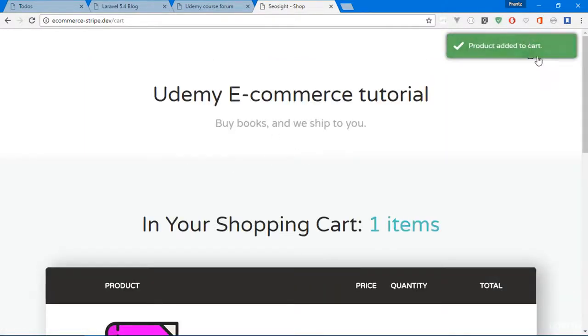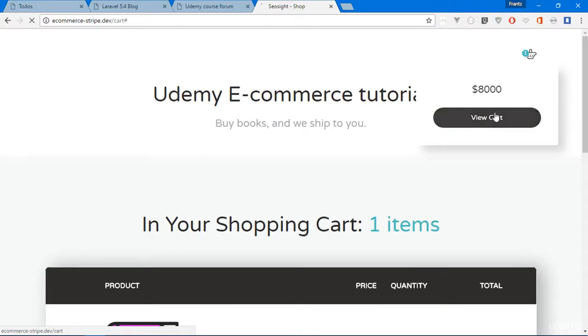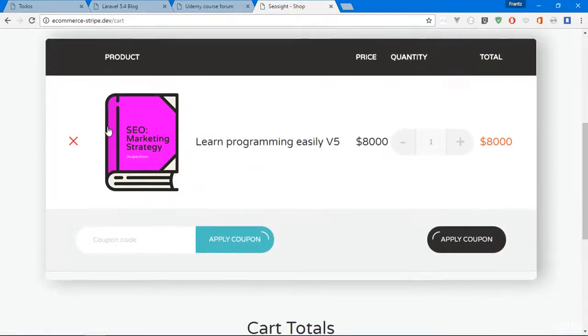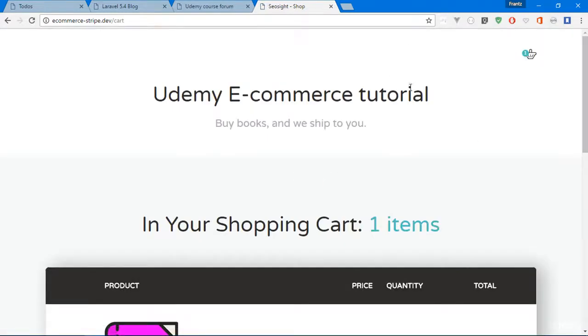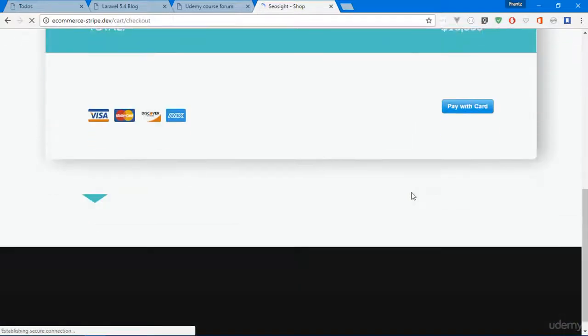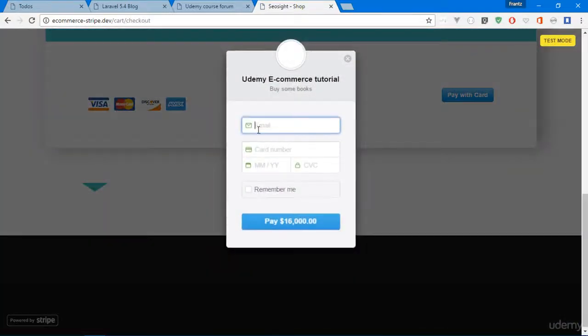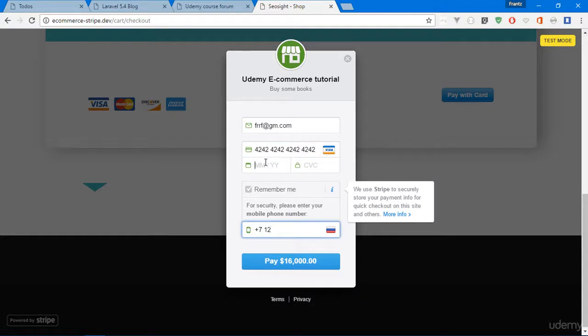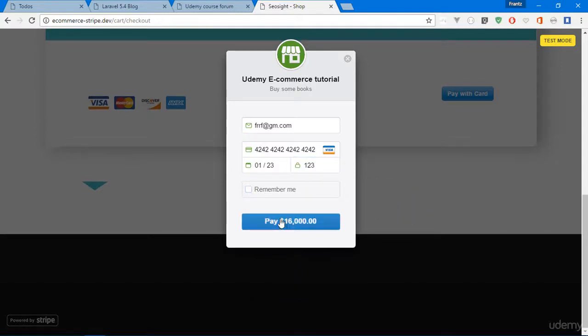If I add to cart, you discover I have one right there, and I can view my cart. If I view my cart, you discover I have this product right here. I can update it, and I receive the messages, and I can also check out right here. If I check out, I can pay with my card, and if I just put in some dummy email right here and just put in some dummy card, because this is obviously testing, and if I just put in maybe 01 right here and I put in 2023 123 and I say no, don't remember me,